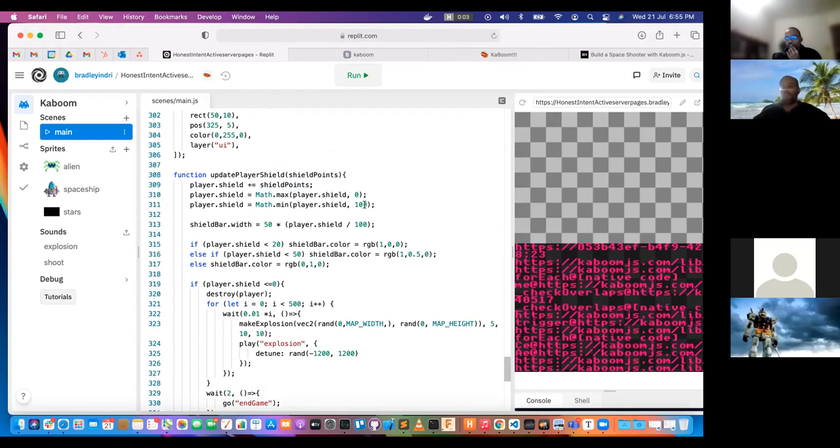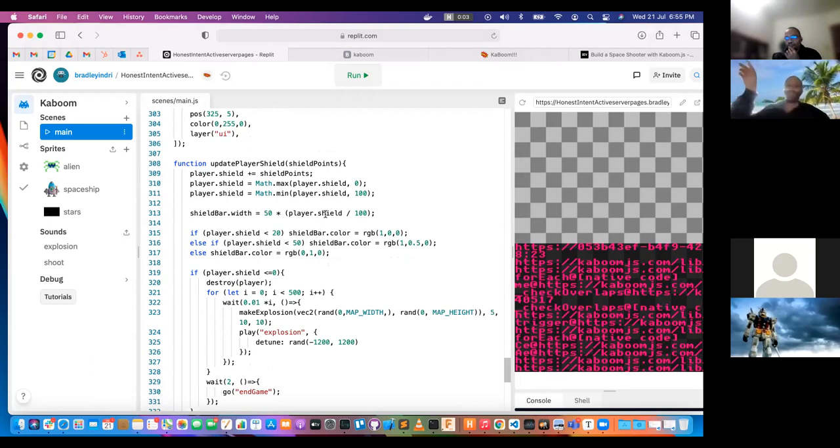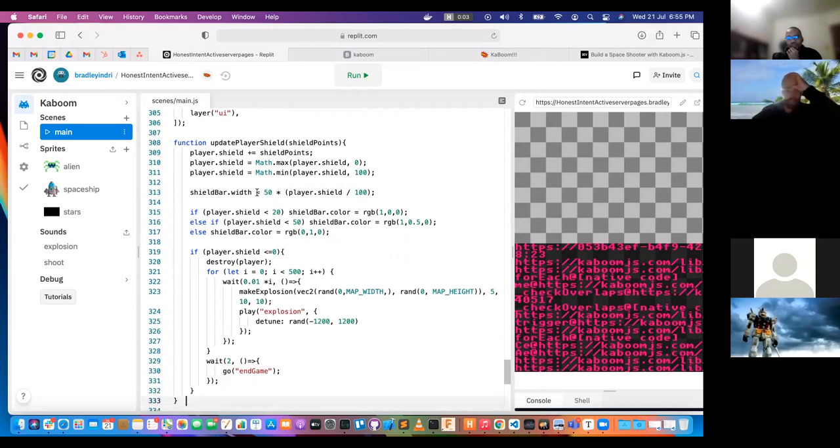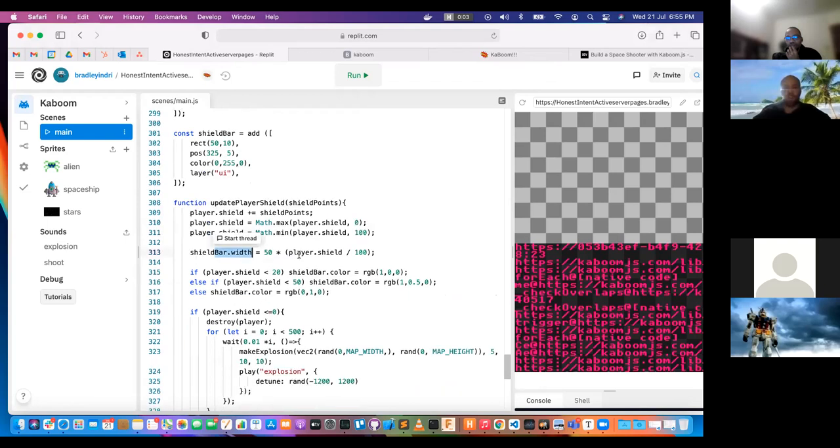The reason why we're adding it and clamping to 100 is at some point in this game, I made it that your shield slowly self-heals, but we probably won't get to that. And then we just calculate the width of that shield bar that we added, just to show how far it is. Because the maximum width of it is 50, I just want to find the number of pixels based on the percentage the shield has gone down. So we find the ratio of shield remaining, times it by the full width of the shield bar, which is 50, and then we can basically scale down that